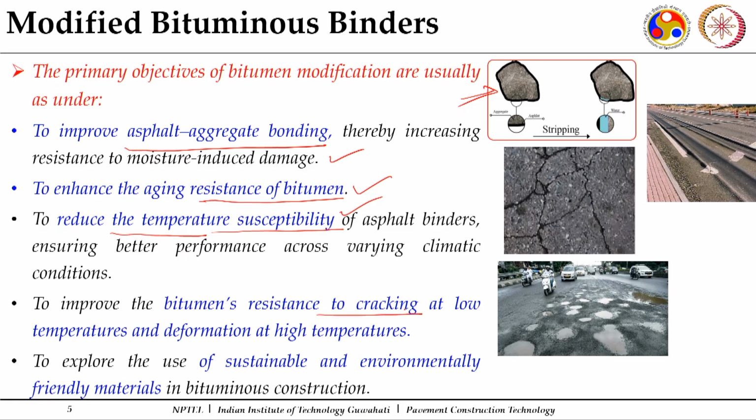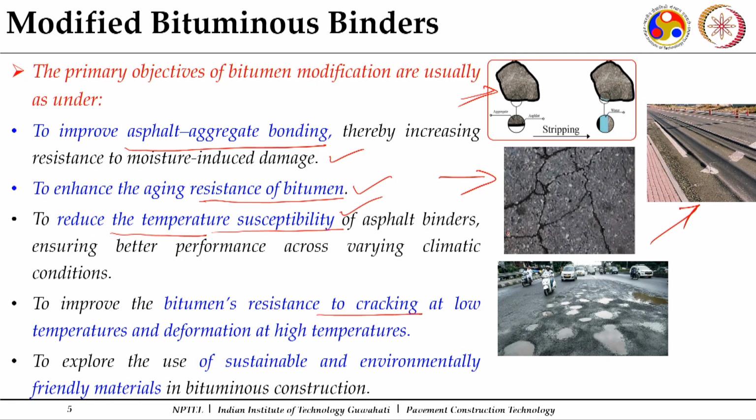And finally, we want a binder which is resistant towards cracking. It may crack when it deflects, it may crack when the temperatures go down, and it may show some deformation under heavy loads when the temperatures are high. So, we want a binder to be age resistant, resistant to cracking, and resistant to deformation. So, all these requirements are there. Bitumen's resistance towards cracking is especially a phenomenon at low temperatures, and deformation